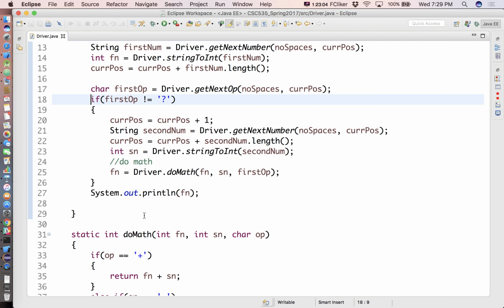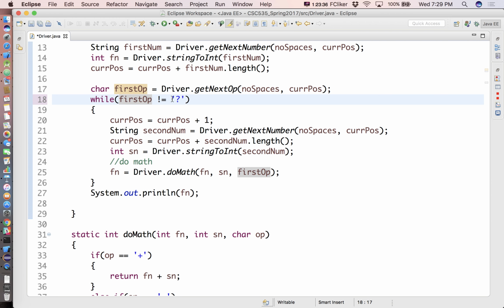Well, I guess it doesn't matter. I can look for it or not, but we'll write it in here. Because you could write it with a for loop, but the for loop would be a really weird way of writing it. So I really want to grab an operator followed by doing some math over and over and over again as long as there's an op to get, right? So I'll go ahead and try to grab my first operator because we know we're going to try to do that at least once. Then we're going to say while